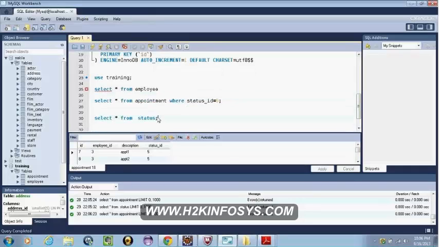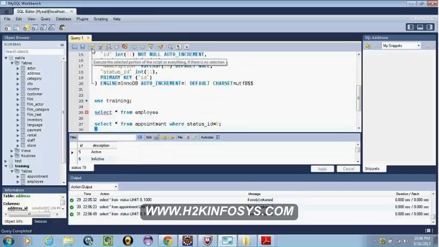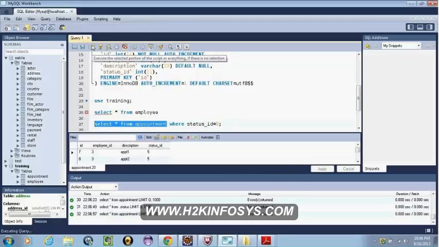Do you have any doubts on this? Neha, did you create this database? Are you just working on the appointment and all these tables? Yes, these tables I have created. The training database I have created. Okay, the rest of the databases are by default. Can I just have a look at the schematic diagram of this? I'm not exactly sure where to go for the schema diagram inside this IDE.